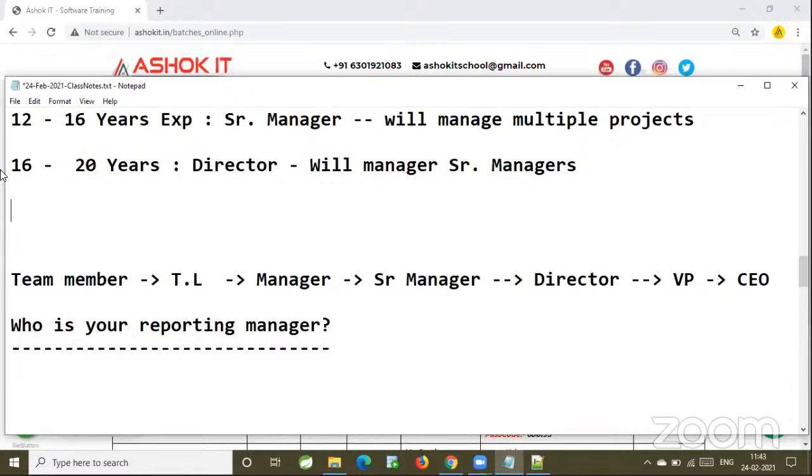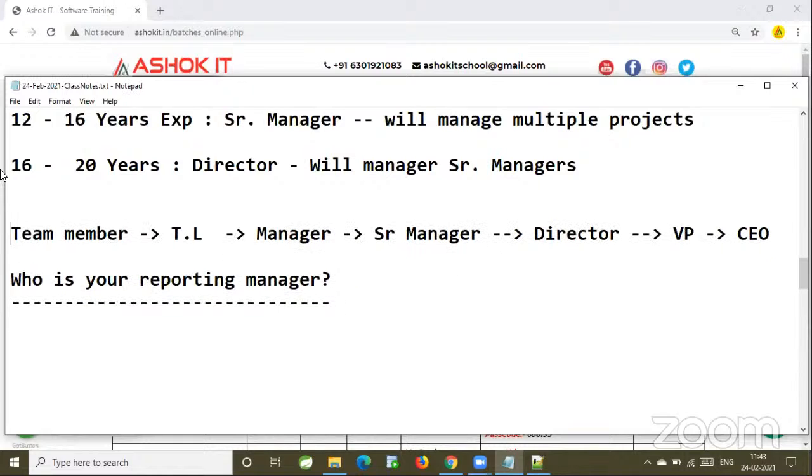Anybody having any questions? So what about level 1, level 2 companies, sir? Will those companies also have level 1 to level 5, CMMI levels? If the company follows proper documentation, rules and regulations, then they will get the high level 5. Top MNC companies will be level 5 companies.